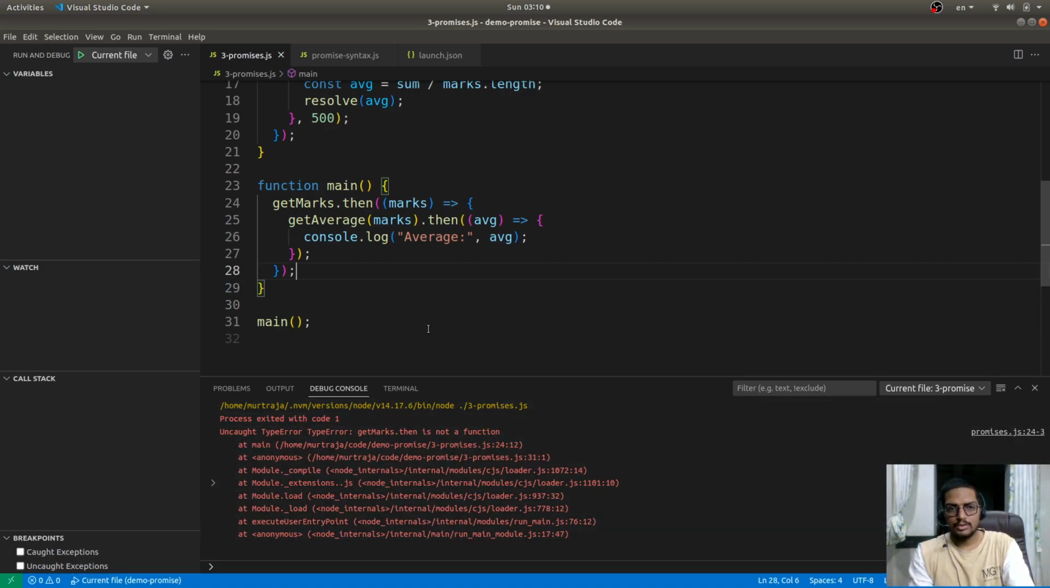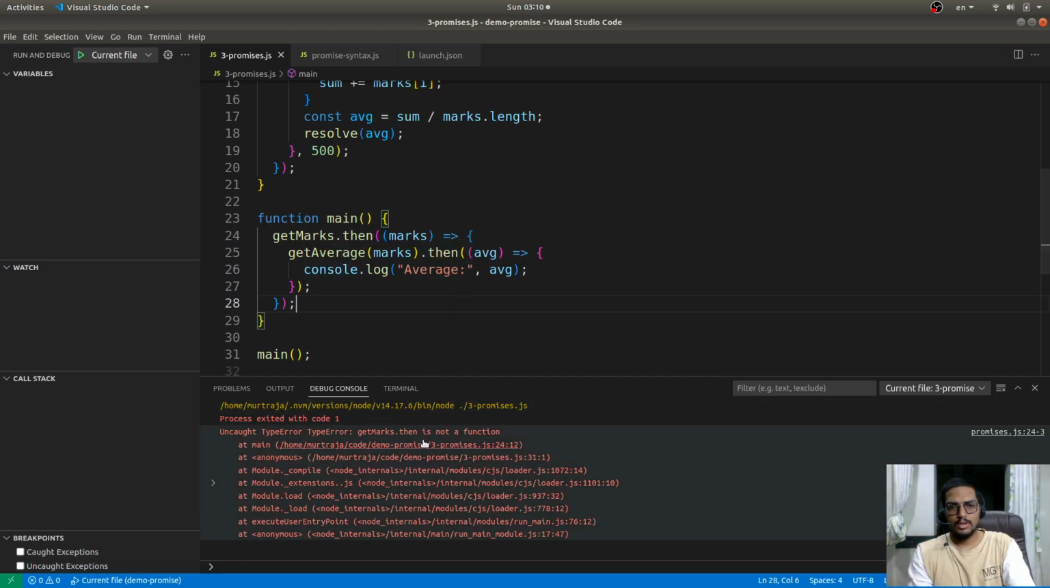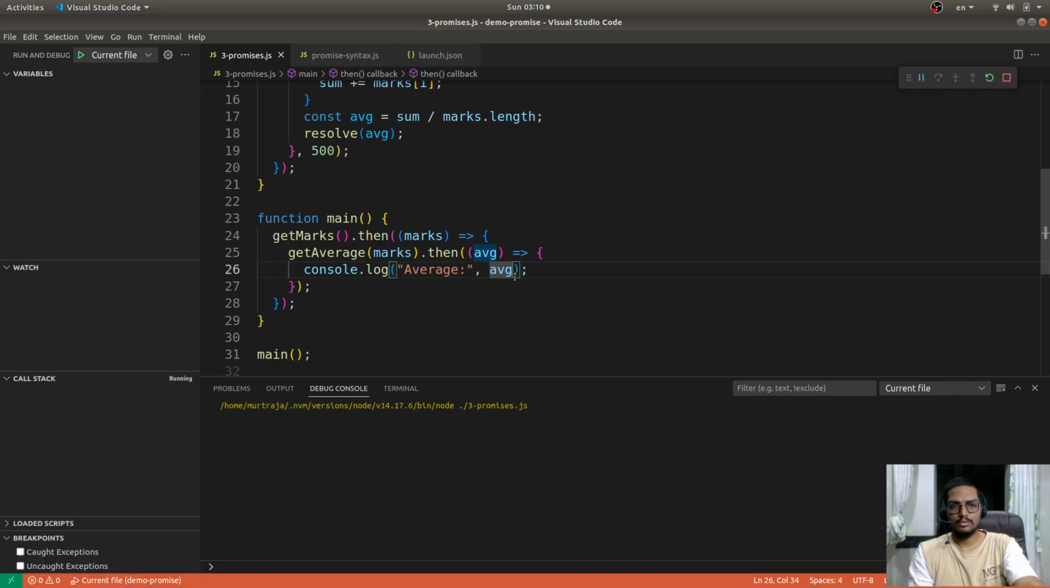getMarks.then is not a function. So this happens because getMarks.then is not a function. Yeah, so we need to call it. Let's check now. So this is working,